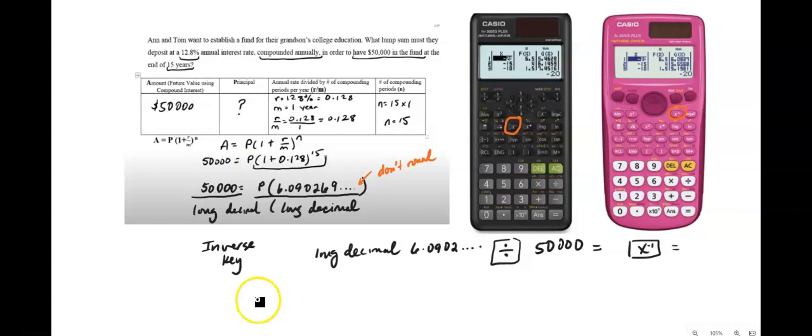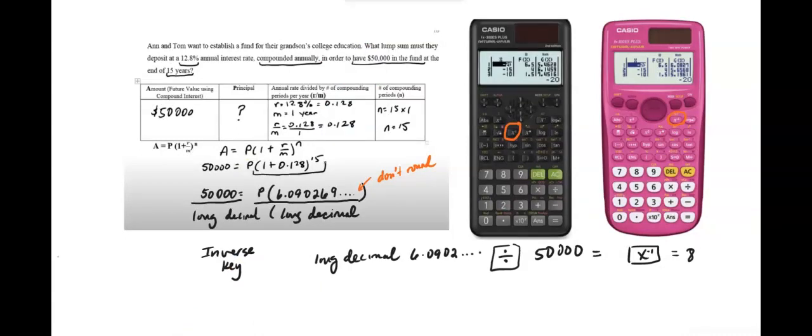And what you'll find in your screen window is the answer, because what you've done is you've tricked the process into believing that you've actually divided 50,000 by the long decimal. All right, so it's almost as if we told the calculator to divide the long decimal by 50,000, but then we want to flip that and inverse that answer. And so your answer is